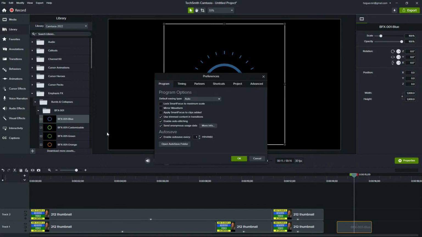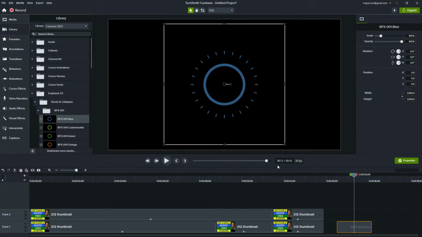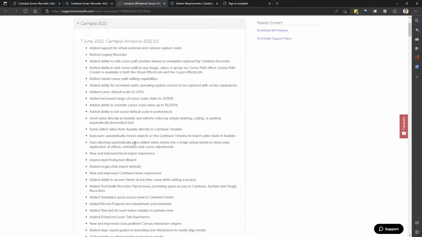If I go to preferences, let's see. Yeah, enable auto stitching is checked by default. I personally don't use that very often. I prefer to not have that enabled by default. But it looks like part of what they did was made sure that that's enabled by default to, let's see,